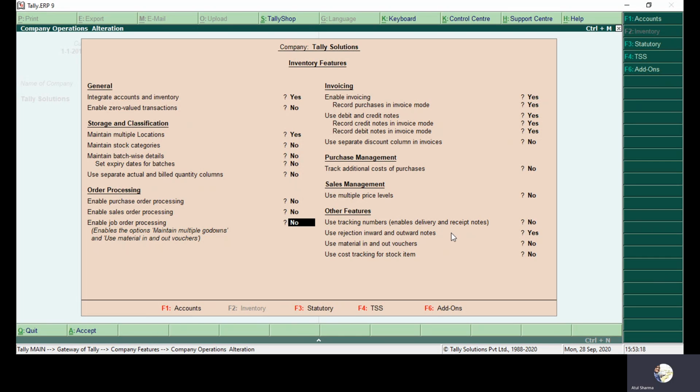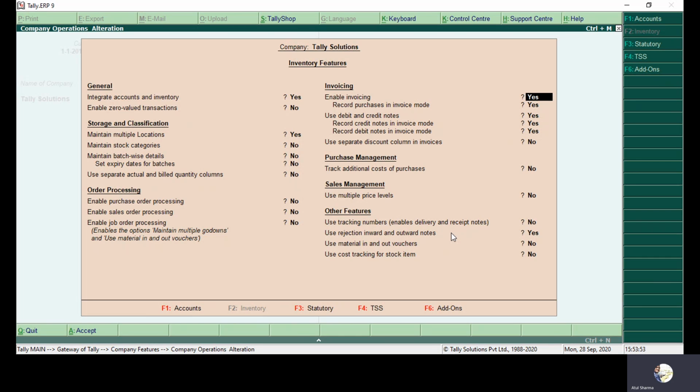Second, you are doing job work for a third party. The third party is providing raw material, you are doing the job work process, and after that you are sending the finished goods. Last, you are not doing any job work, but you want job work from a third party to be done. In this case, you are sending your raw material and the third party is working on your behalf, doing some job work for you, and after that they send the finished goods. So in this case, you can enable this particular feature and use it.